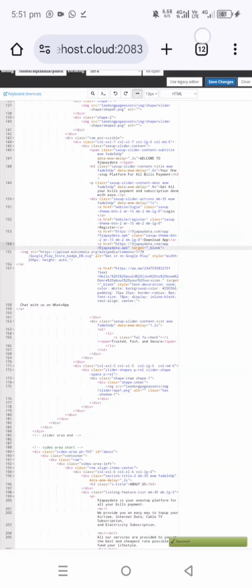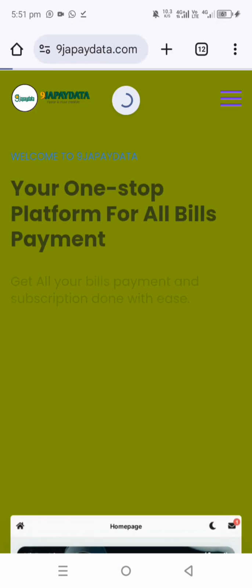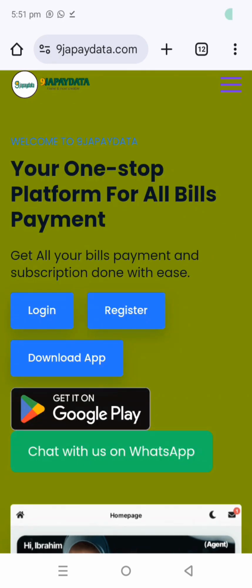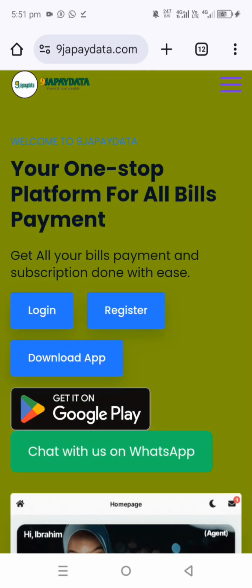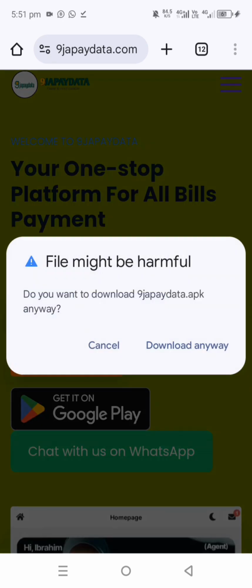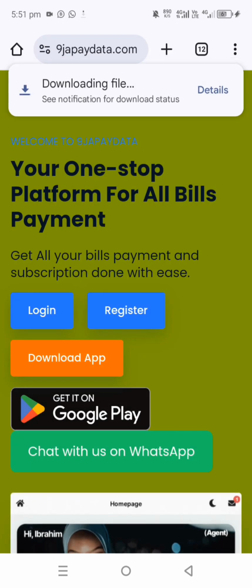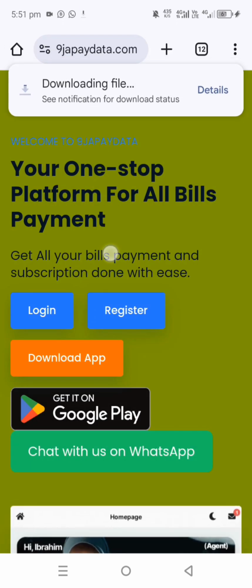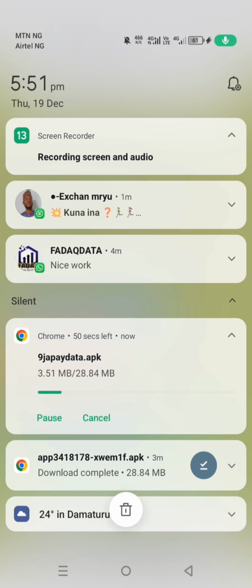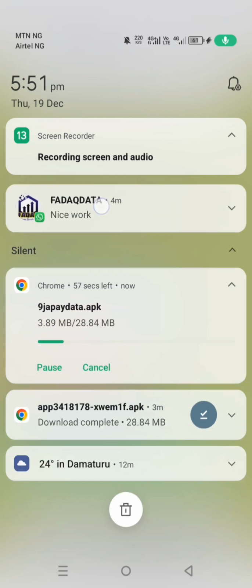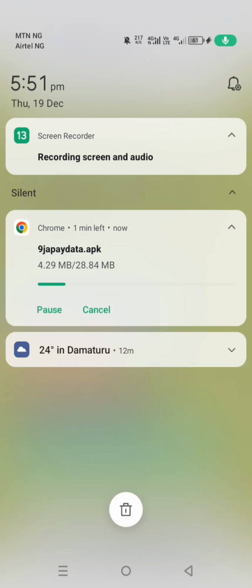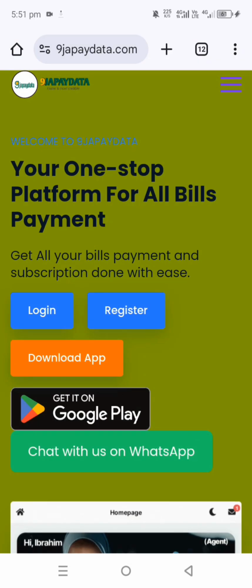Let me click on the download link from here to see how the application will be downloaded on this website. Boom, now that I have created this, let me click on download app. You can see now, download anyway. If you download the application, it will show that the application Niger Pay Data is downloaded. Let me just install the application to see how it will work on my page,